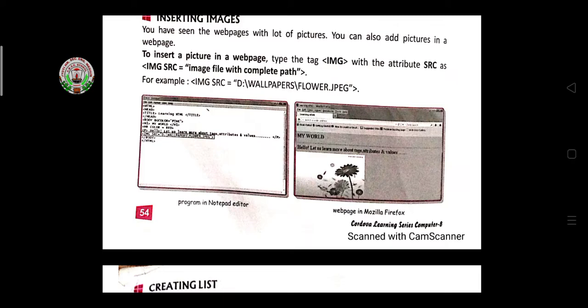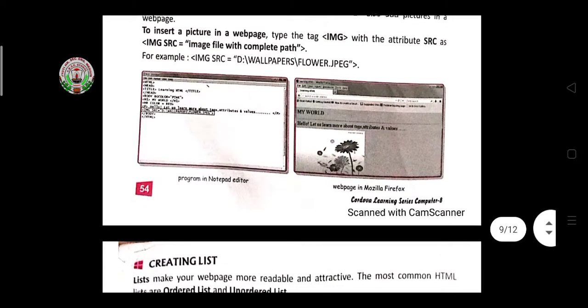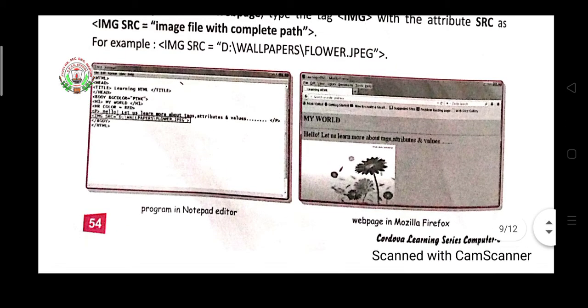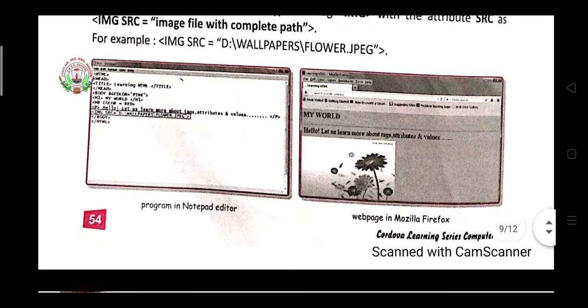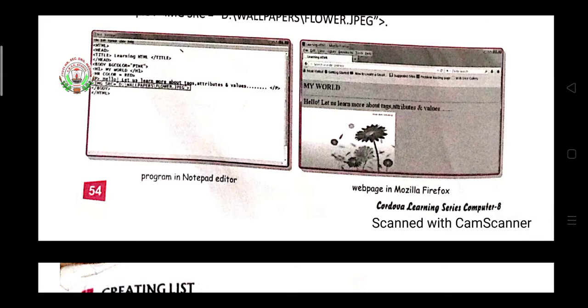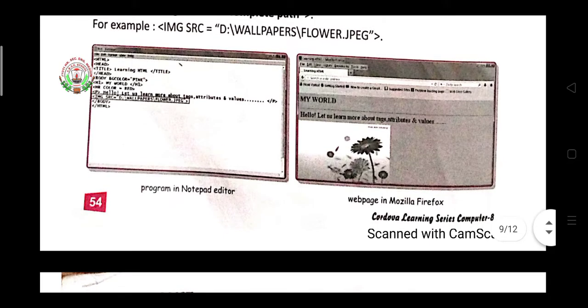See the example. For example, img src equal to d:/wallpapers/flower.jpg in double quotes, then close the angular bracket. Like this you have to write the full path of your image. Then see the output: the words are written there, and after that one image is displayed. Like this your image will be displayed in your browser.